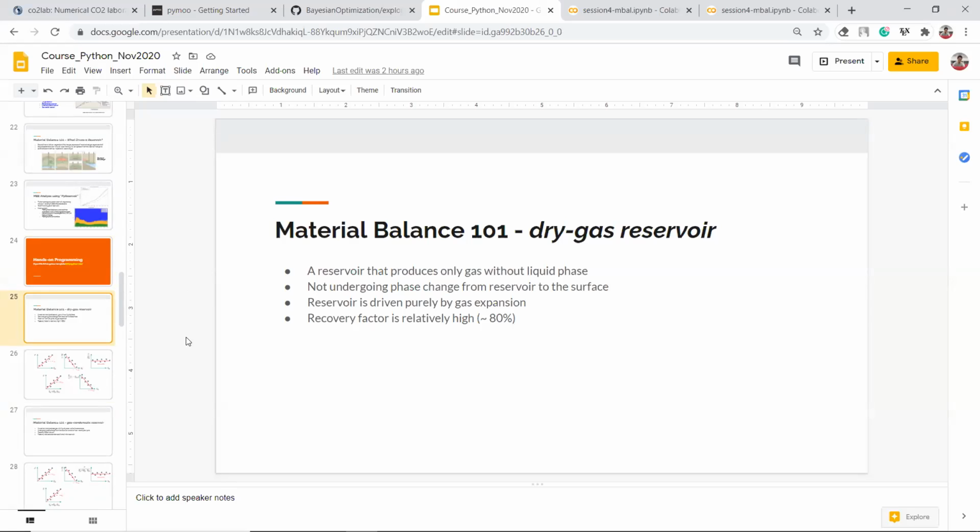And why does the reservoir have to produce liquids? It is the property of any reservoir fluid: when you increase or decrease the temperature, or decrease or increase the pressure, you will change the phase, for example, from liquid to gas or gas to liquid. Okay, so for this type of reservoir, the dry gas reservoir,